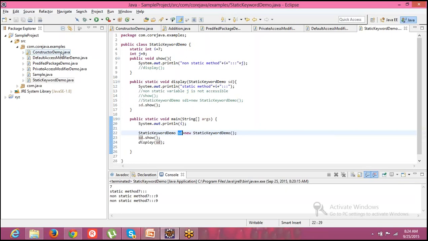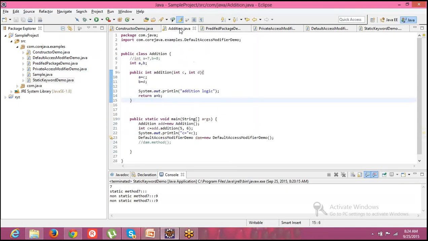As with any other program, if you go to that addition program, what you are doing here is passing 5 and 6, which you catch in the parameters, and from there you are using them. How you use them is up to you. But how to pass a parameter like this, the same way we are doing here also.